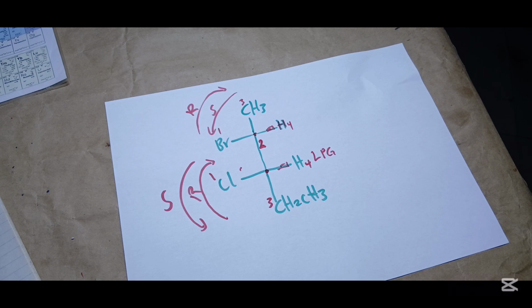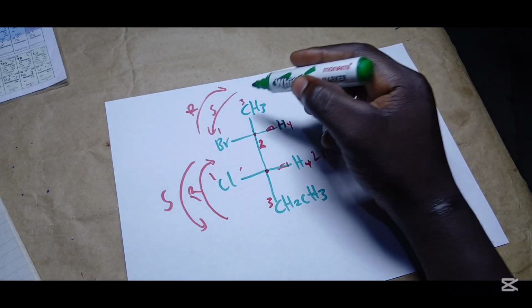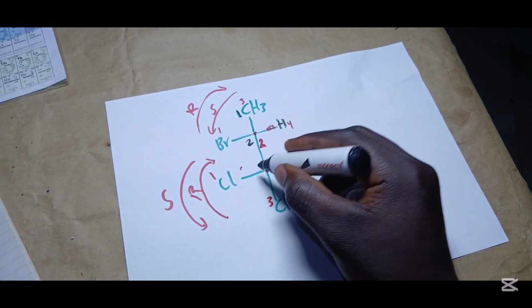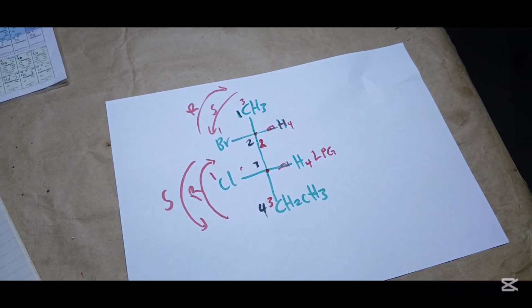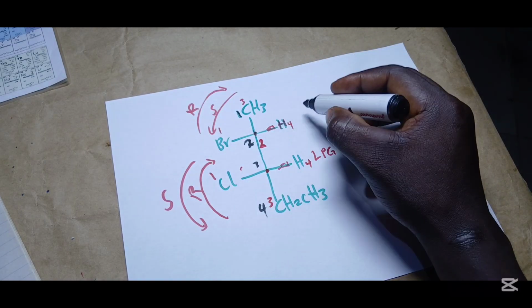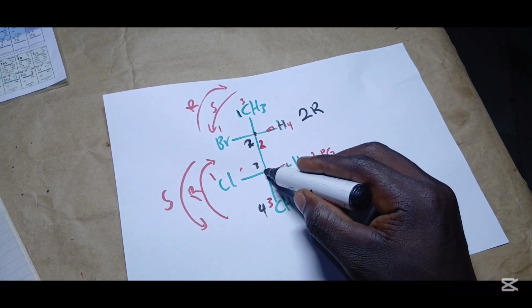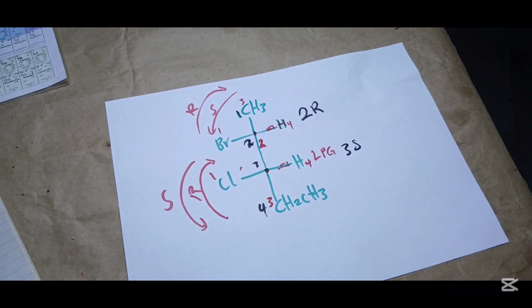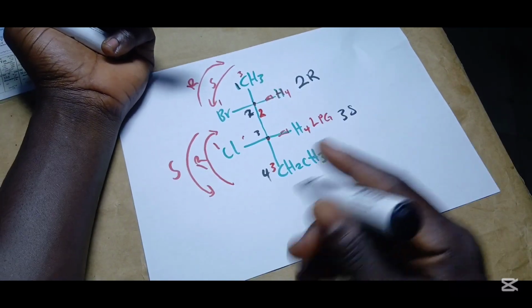So now, this molecule is just an alkene with substituents. It has no functional group. So let's name it. Where is the longest carbon chain? We have 1. Let me use the black pen. 1, 2, 3, 4. So what's the name for this chiral carbon? 2R, right? We have 2R. What about this chiral carbon? This carbon is 3. So 3S. So now the name is going to be 2R,